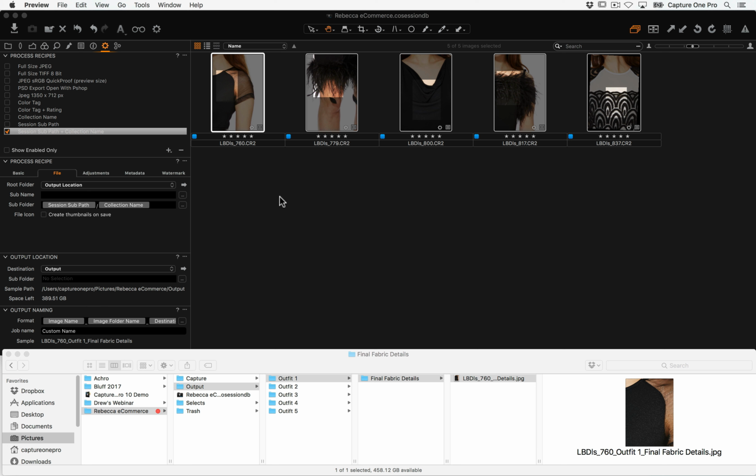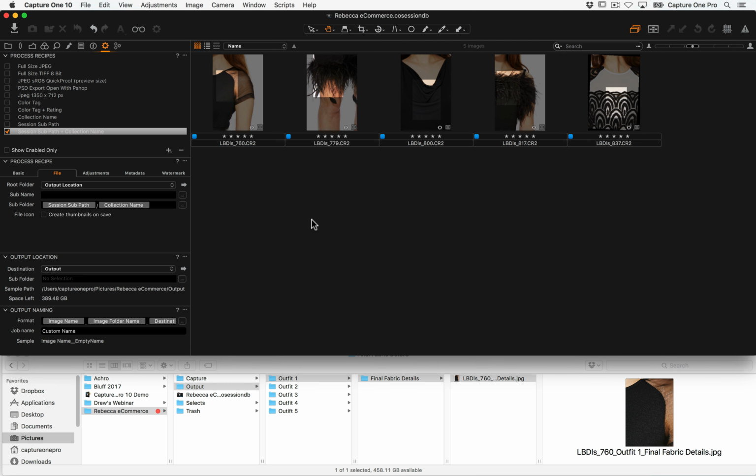Okay, so before we get to Richard and his multiple recipes, we're going to look at Chris's different destinations for different process recipes. Now, my hunch, Chris, is that in output location, there's also a subfolder option. So I could be thinking that maybe you're editing the subfolder option here, which we come to, instead of the